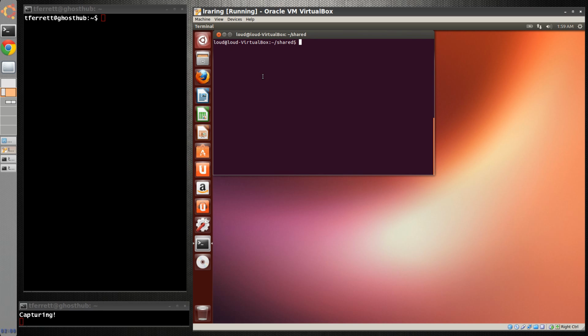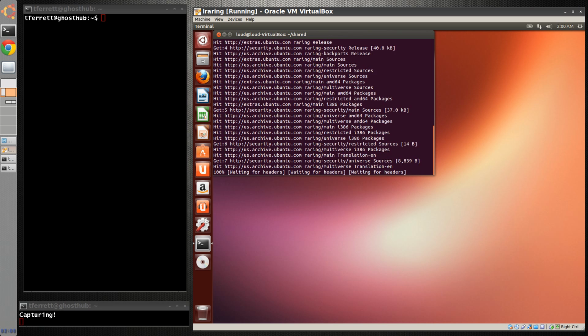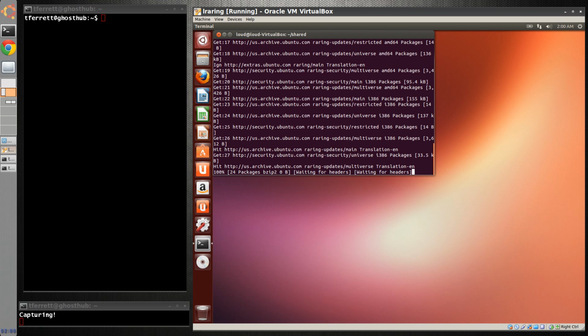Now, the next enhancement we're going to make is to perform software updates on the virtual machine. This is good practice in general to get security updates in addition to software upgrades. So, to do this, let's update our list of packages from the repositories using the command sudo apt-get update. Enter our password, wait for the updates to download,